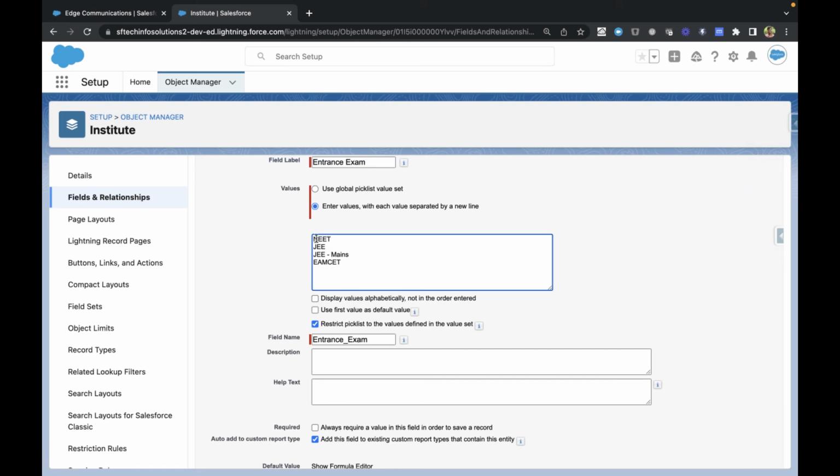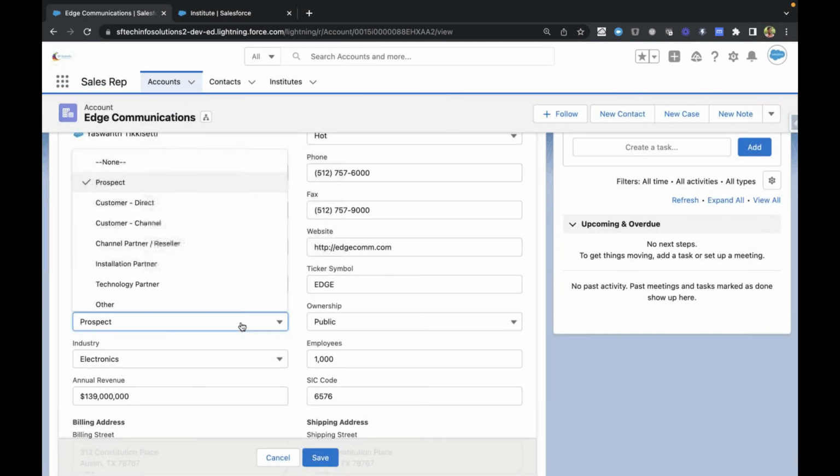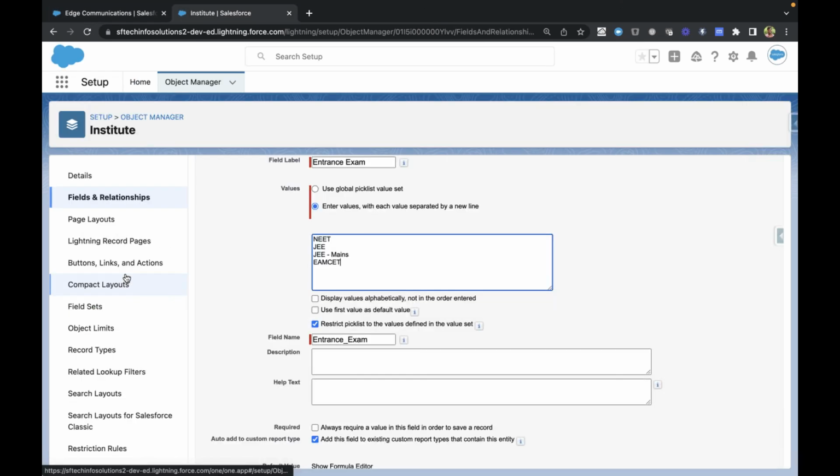What else we have, some kind of MSET. I'm not sure whether this makes sense to that particular university we are creating, but yeah, some kind of entrance exam I just chose in here. Then there are a couple of options here: display values